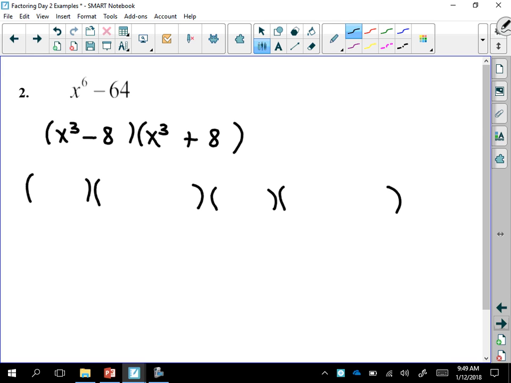So what will be the cubic root of x cubed and 8? X minus 2. And this one will be x plus 2. And then we'll use SOPs with each of those to get the trinomials. Squared, opposite, product, plus squared. And then over here, the trinomial would be